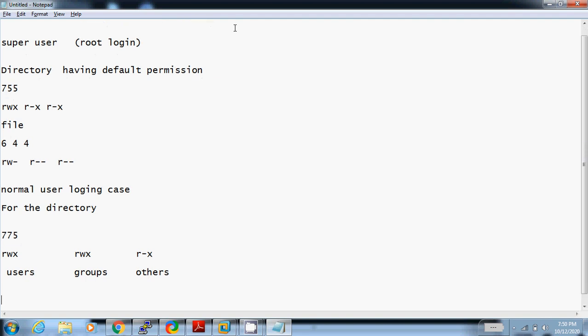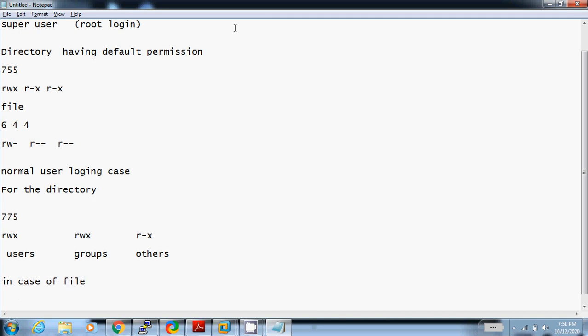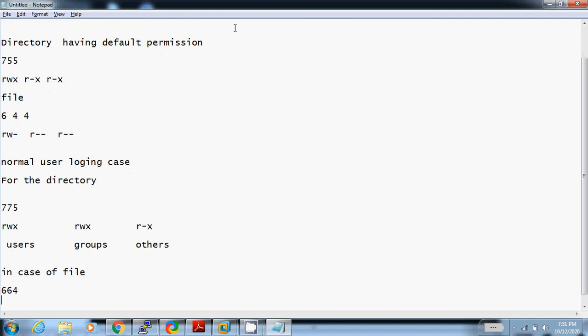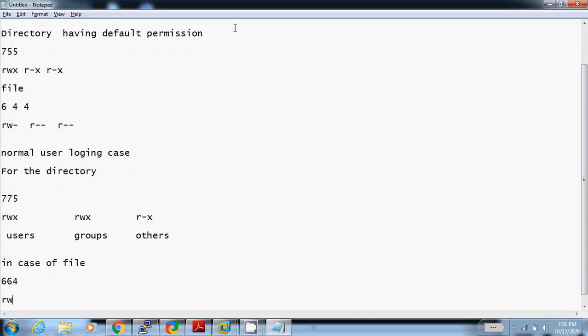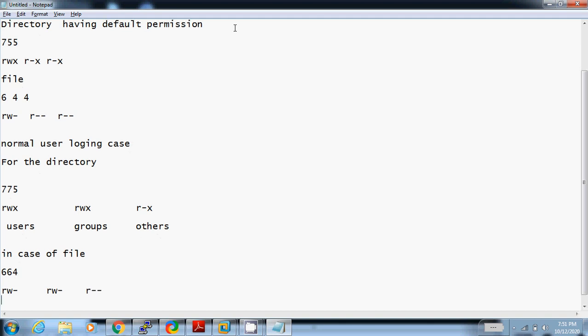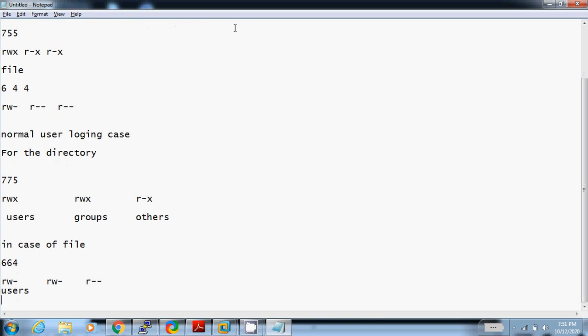And in case of file, permission is 664. It means read, write for user, read write for a group and only read permission for others.